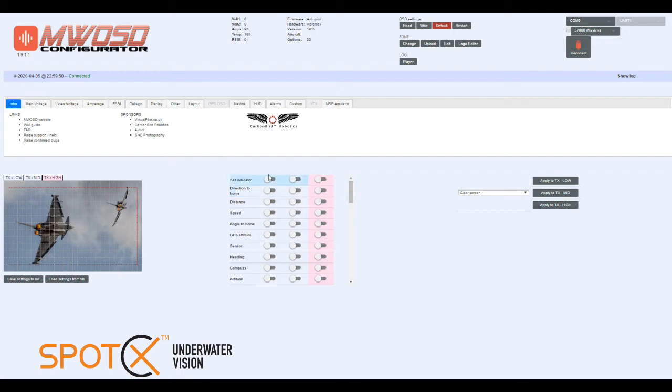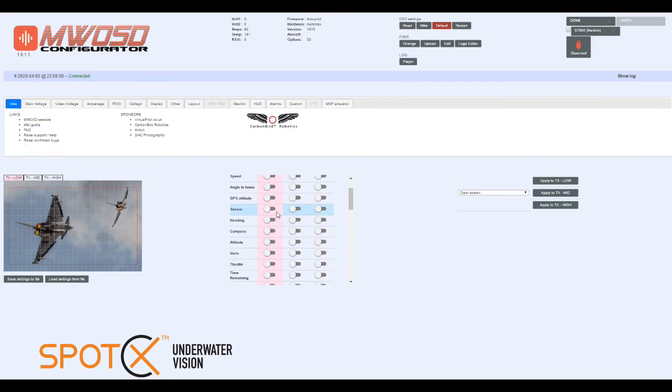So there's 3 columns here, and that's for different pages. So you can actually scroll through and have different data setups, or 3 different data sets there. We don't use it, we just set them all up the same. We don't ever flick through the pages of data, but the data fields that we use are heading and compass, altitude, that's going to be our depth,